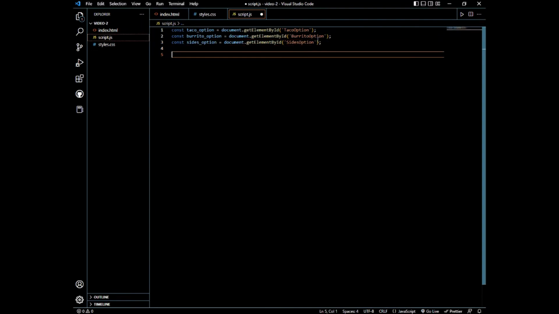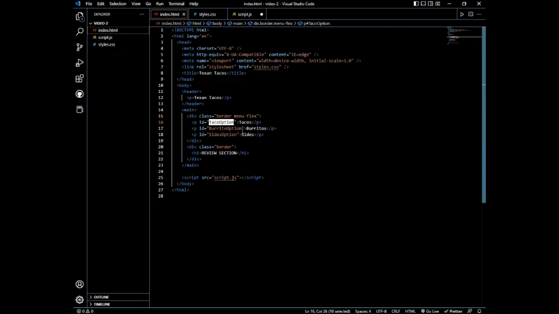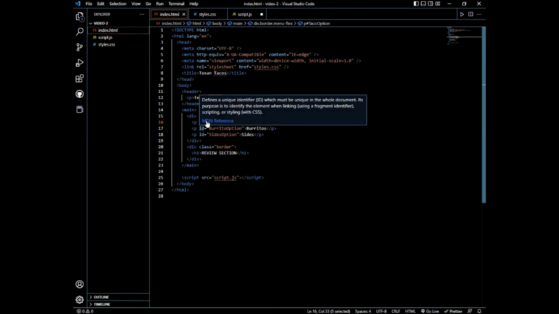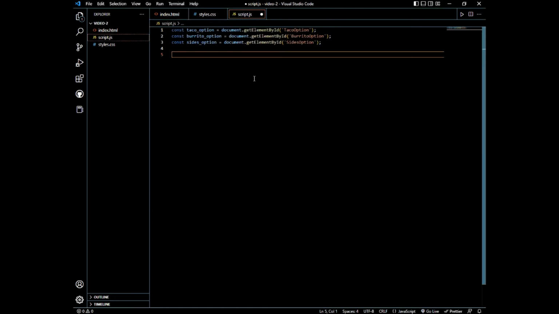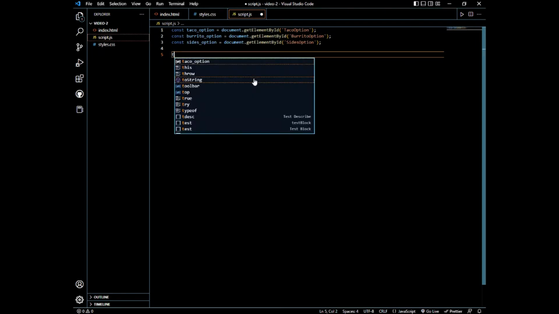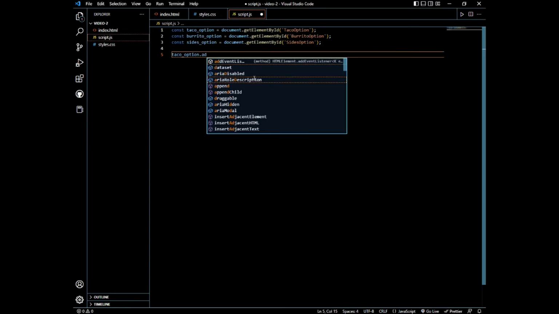Okay, so now that our JavaScript file knows that taco option, this variable, is the taco option ID in our HTML file, like I said, we want to know when somebody interacts with this element with this ID, and we want to add that event listener because this will tell us if someone plays with that certain element. So I'm going to say tacoOption.addEventListener,